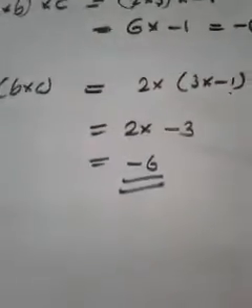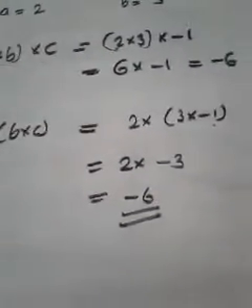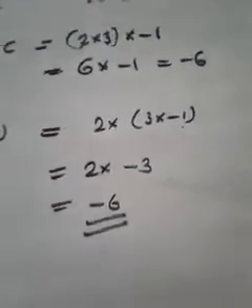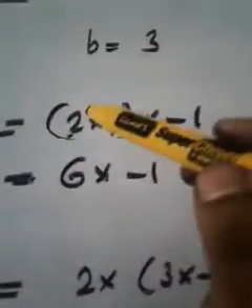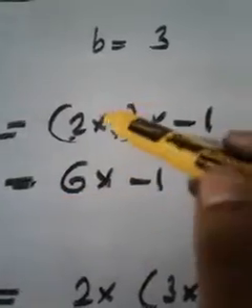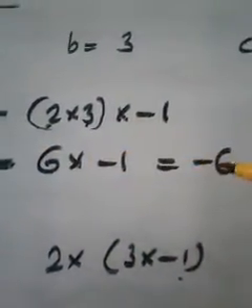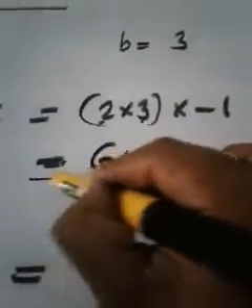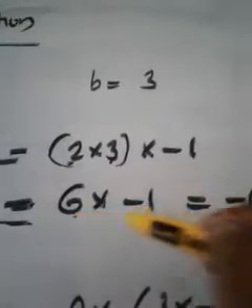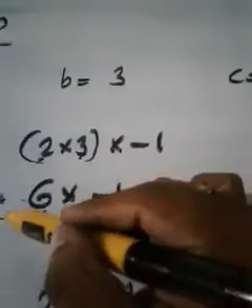That much only. And see, we got (A into B) into C and A into (B into C) as same. Isn't it? Once again I am explaining. 2 into 3 is 6. 6 into minus 1 is minus 6. Because 6 into 1 is 6, just give a minus, because this is a positive number and this is a negative number. When you multiply positive and negative, the sign will be negative. Just multiply the numbers.